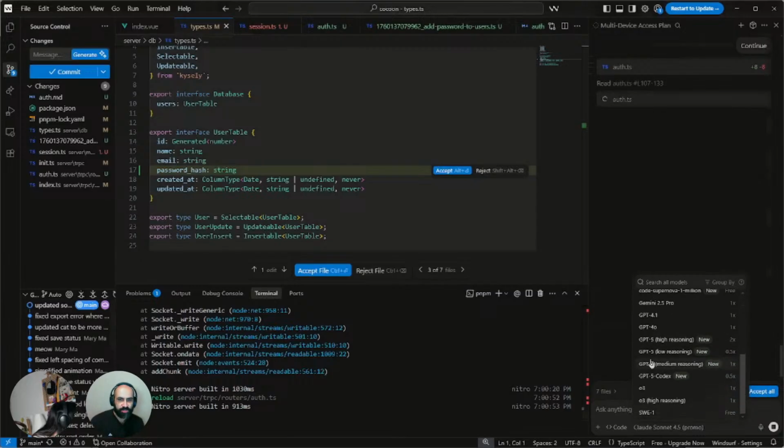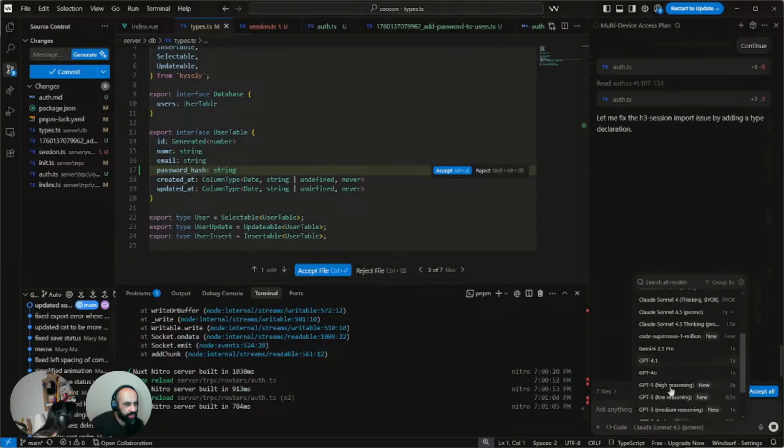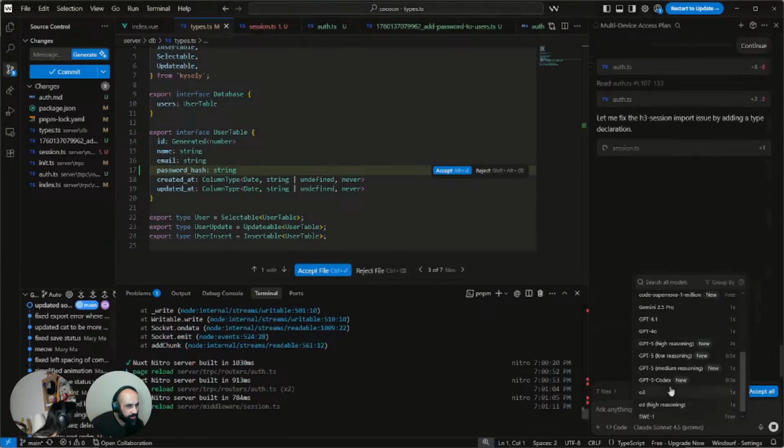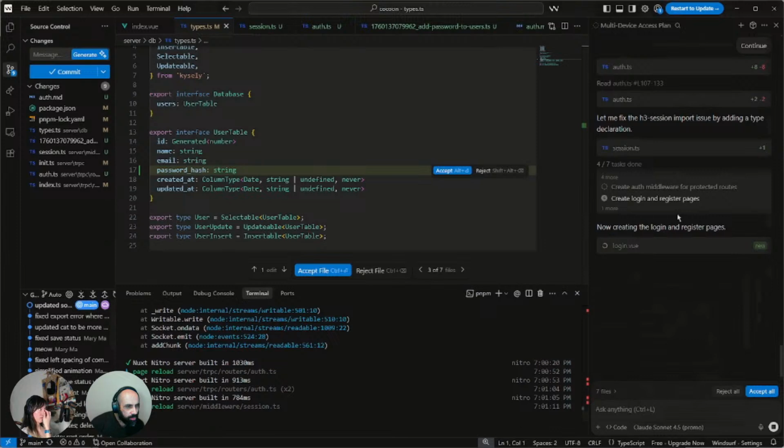It's free also. Code Supernova 1 is a new stealth model that gets 1 million tokens. I don't know. Some people using it with Cursor are saying they're really impressed. The only problem is it's really slow.